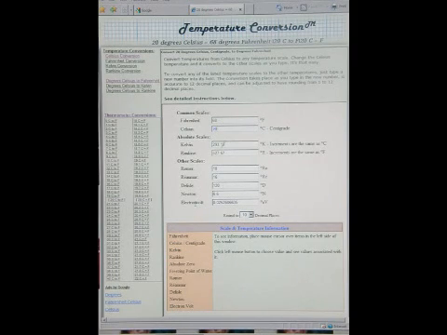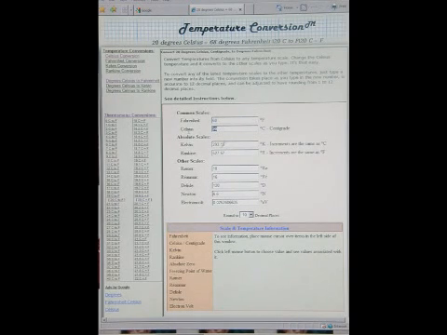You can set your conversions up to round to the nearest decimal places. You could go for like 2 decimal places. If you'll notice, that just turned to 2, and it goes all the way up to 12. The default is 10, and in order to do a conversion on this website, all you need to do is